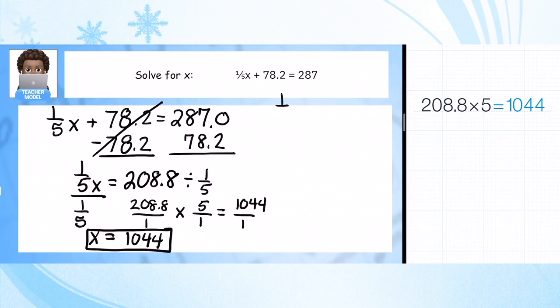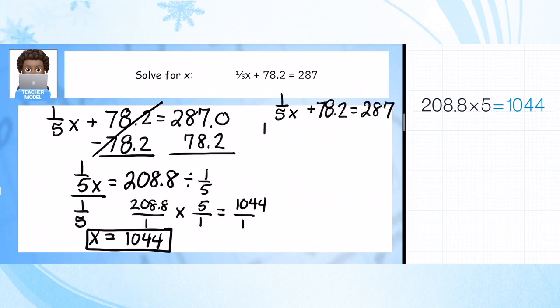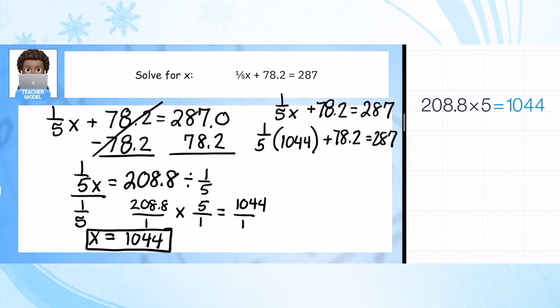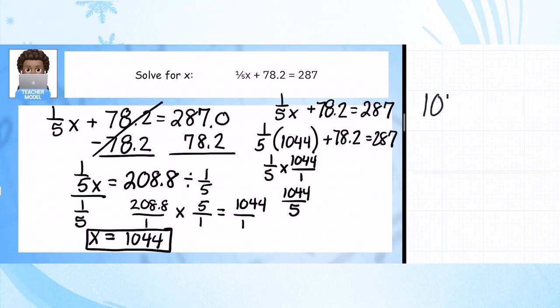We know we have to check our work. So 1/5 x plus 78 and 2/10 is equal to 287. We're going to substitute now. X is equal to 1044 plus 78 and 2/10. Let's just multiply this by putting 1044 over 1. We know this is going to be 1044 over 5. And that's just something we can use our calculator for. 1044 divided by 5 is equal to